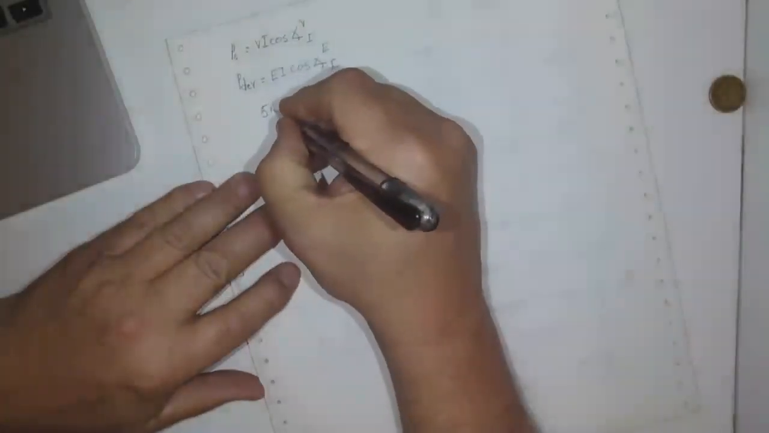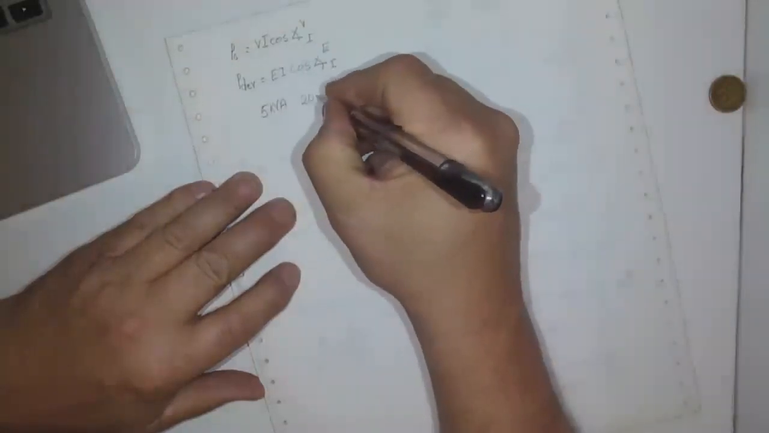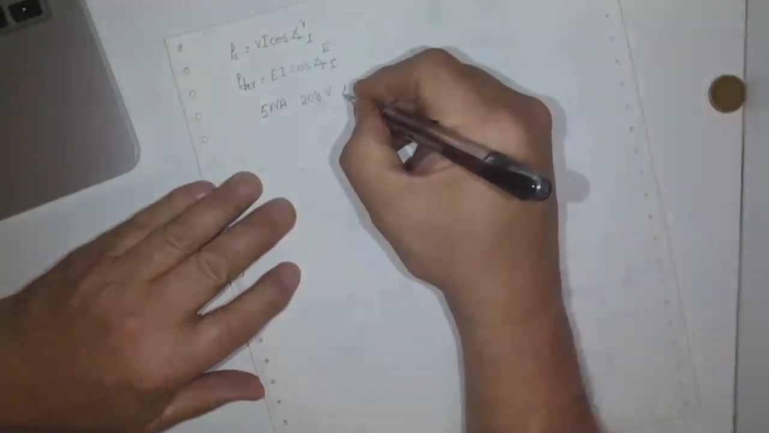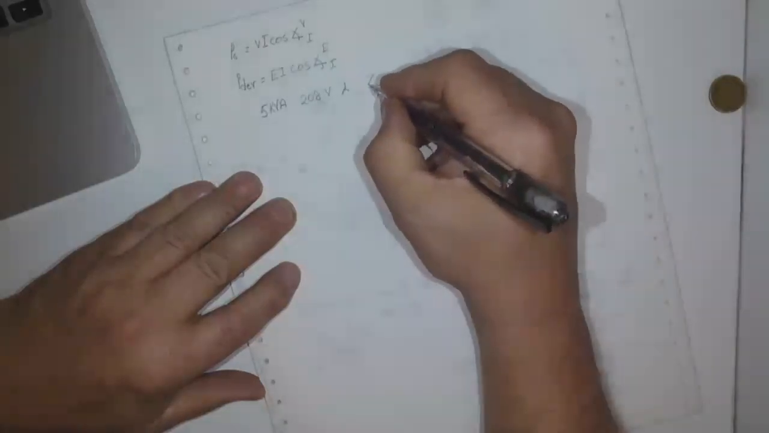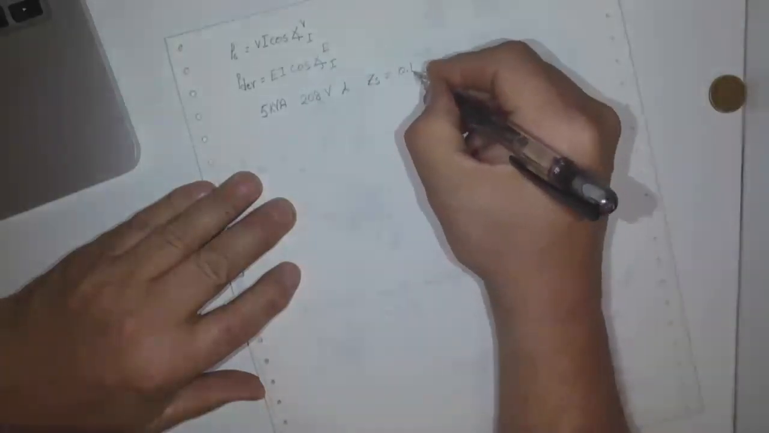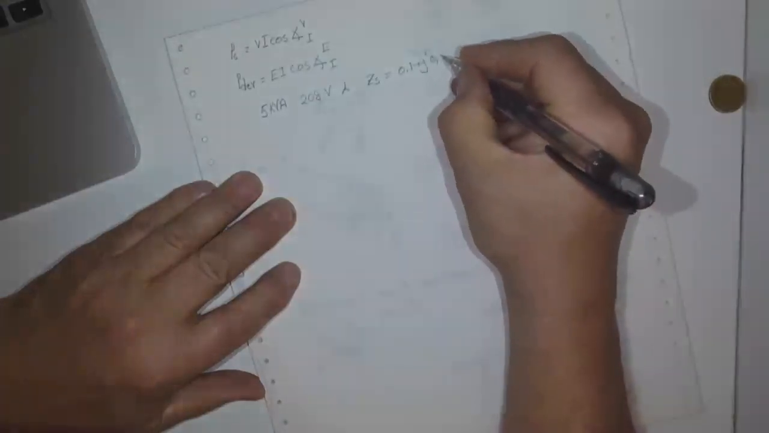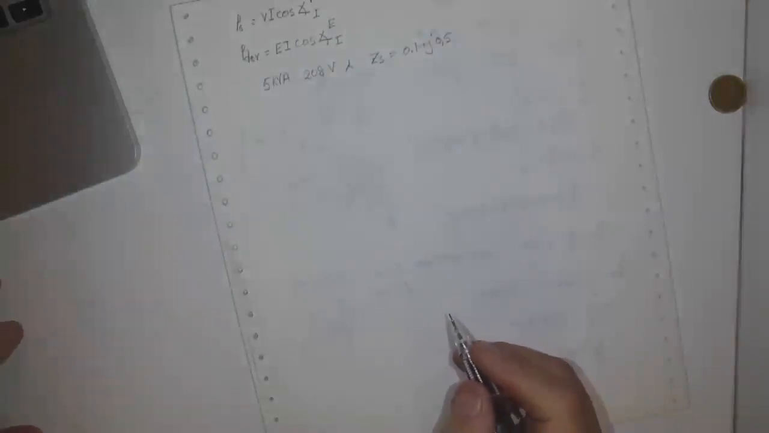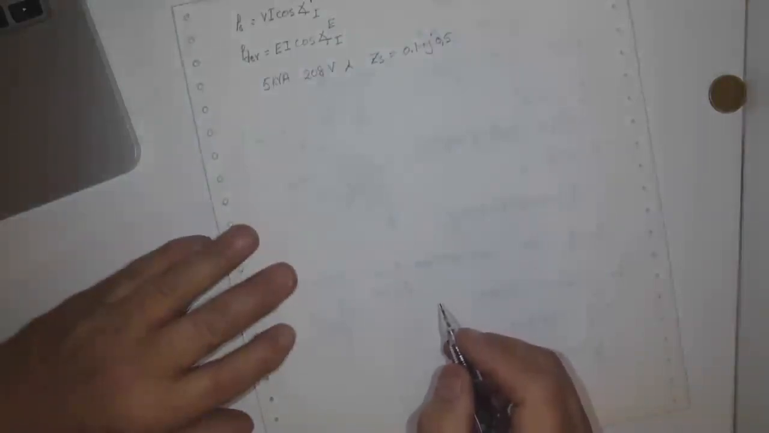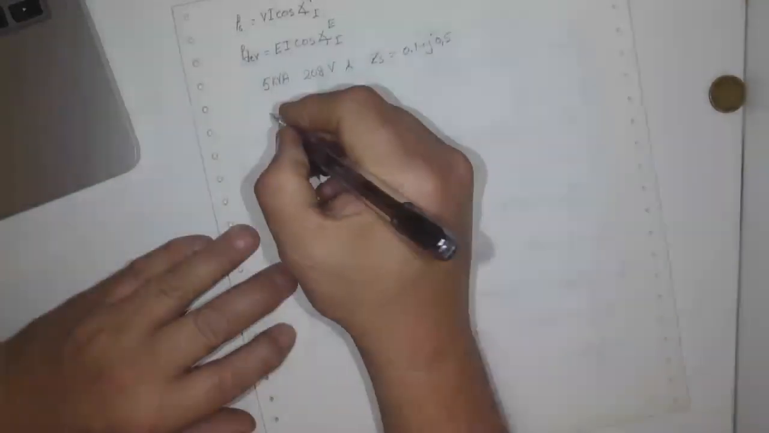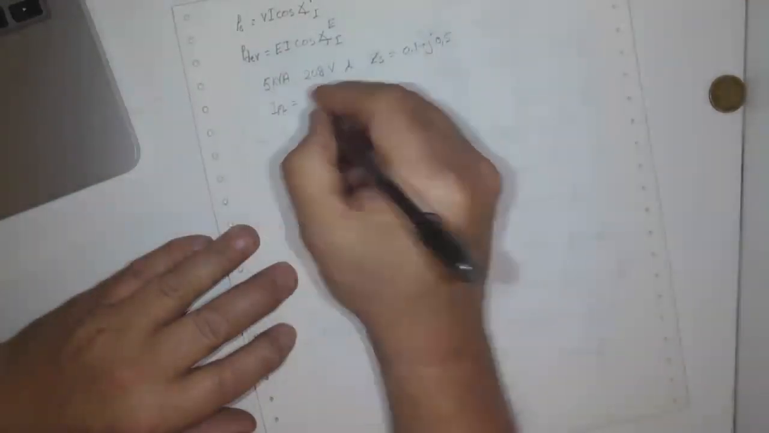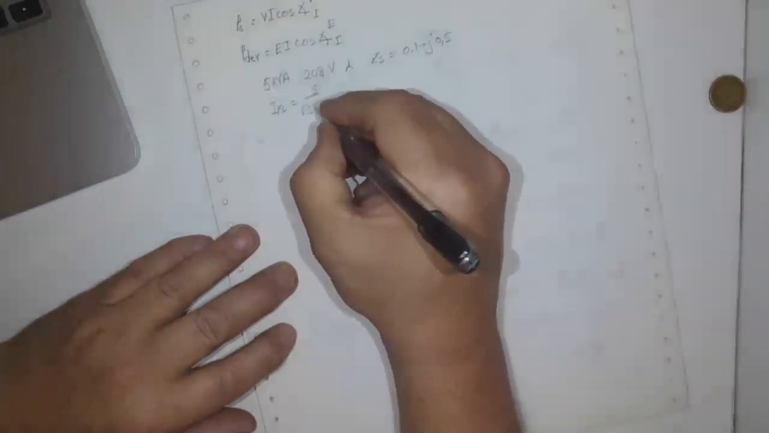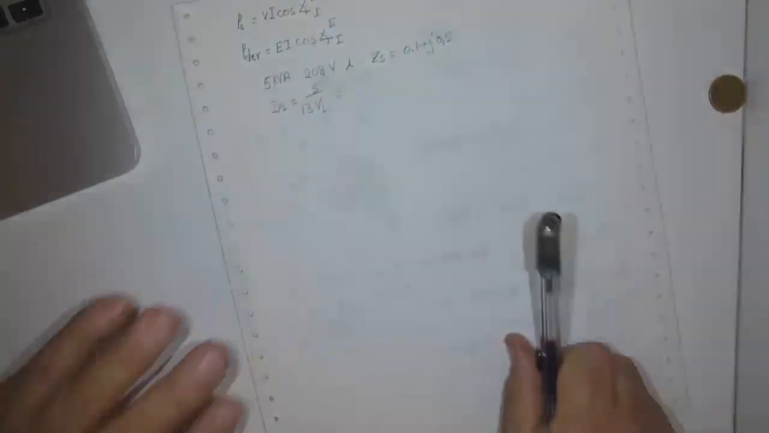Now let's say we've got a 5 kVA, 208 volt, 50 Hertz, star connected alternator. ZS is equal to 0.1 plus j0.5. We must determine the output power and the developed power and all that. So first of all, we calculate I full load, which is S divided by square root 3 divided by V line, which is